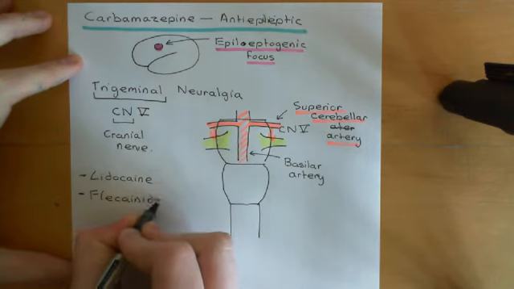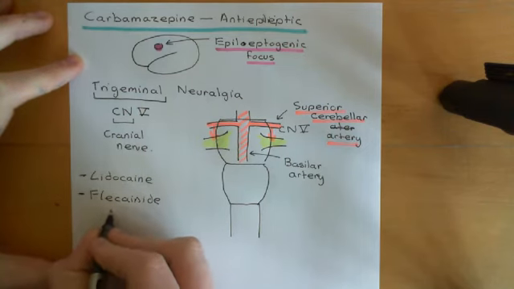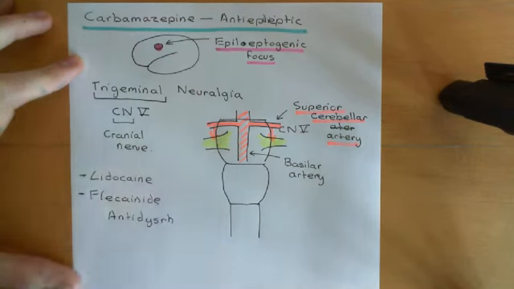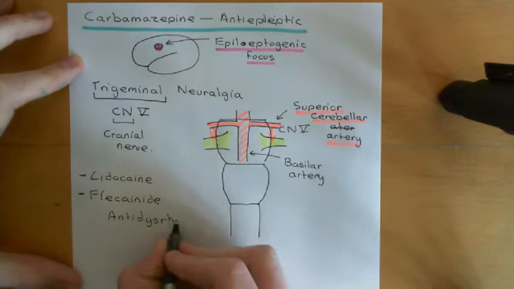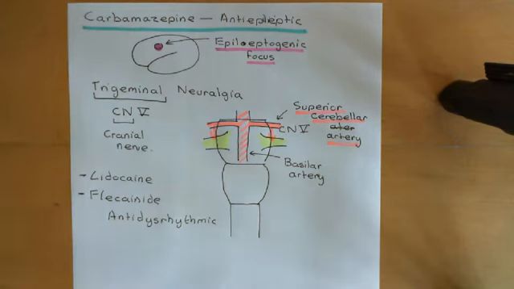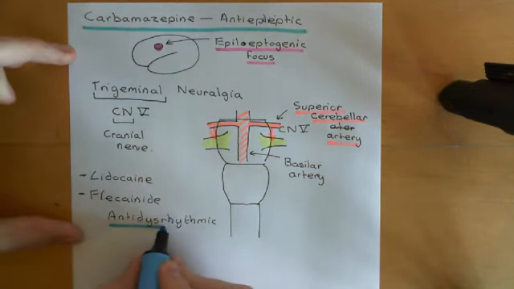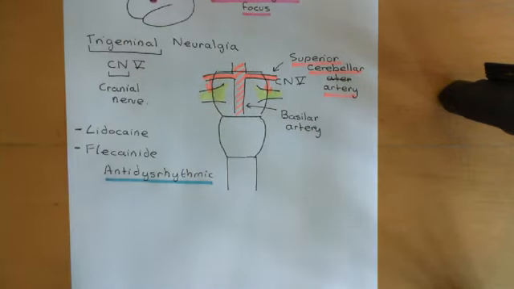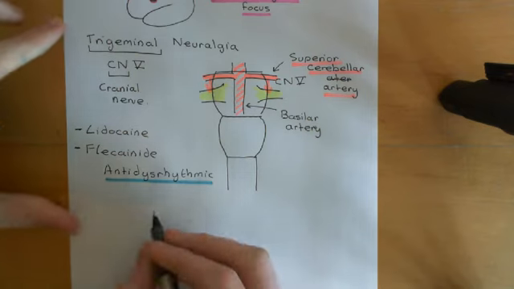Okay, so let me explain why anti-dysrhythmics also include drugs with this same mechanism of stopping action potentials from firing too rapidly. So flecainide has this same mechanism as lidocaine and carbamazepine, the anti-epileptic. Now why is this useful as an anti-dysrhythmic, in treating problems with the electrical activity of the heart? Well, basically, in certain